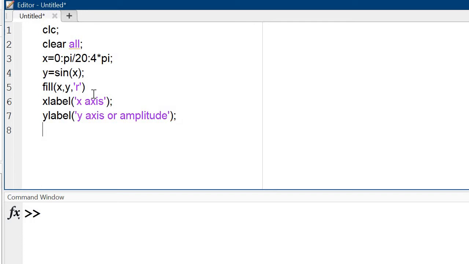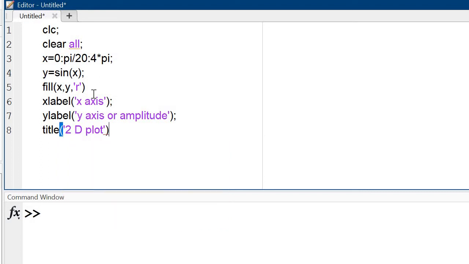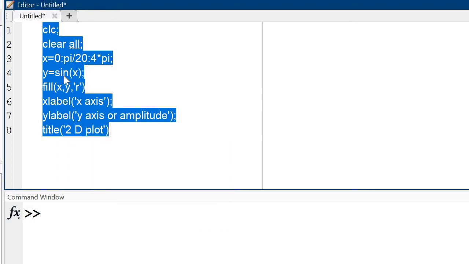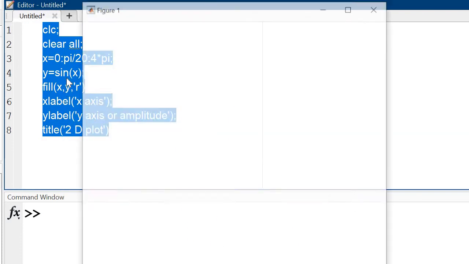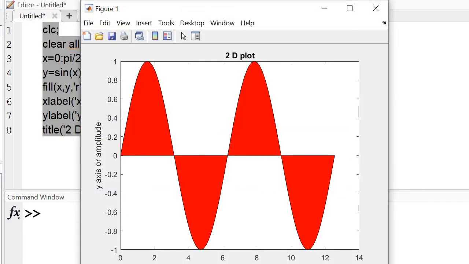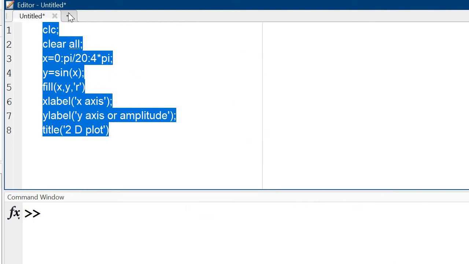And after that, I can use the title also. Title basically I'm taking as 2D plot. This is the title, y-axis and x-axis.